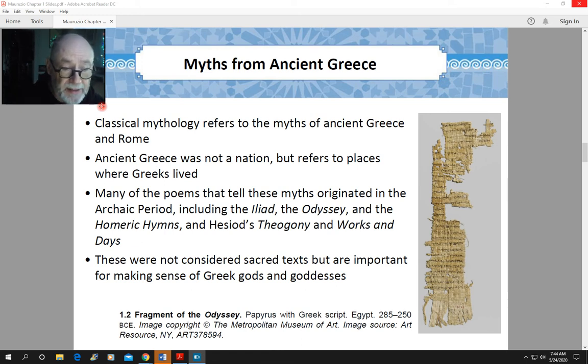These were not considered sacred texts in our sense of the word. So the Greeks did not have a work like the Bible or like the Quran, right? These are sort of sacred. The ancients did not view the Iliad or Odyssey as a sacred text in the way that we would look at the Bible. But